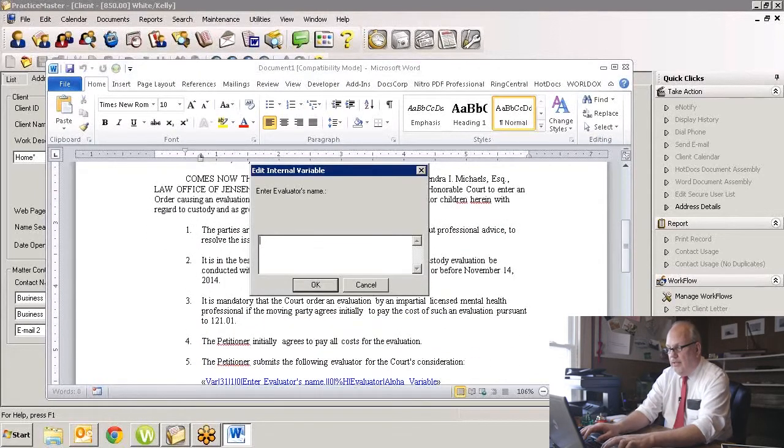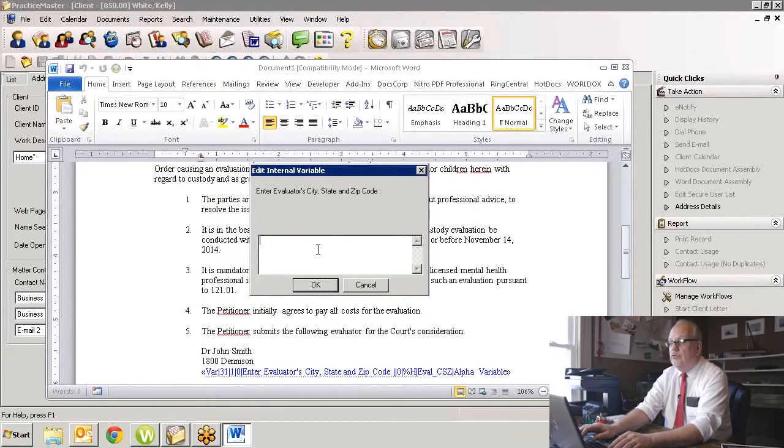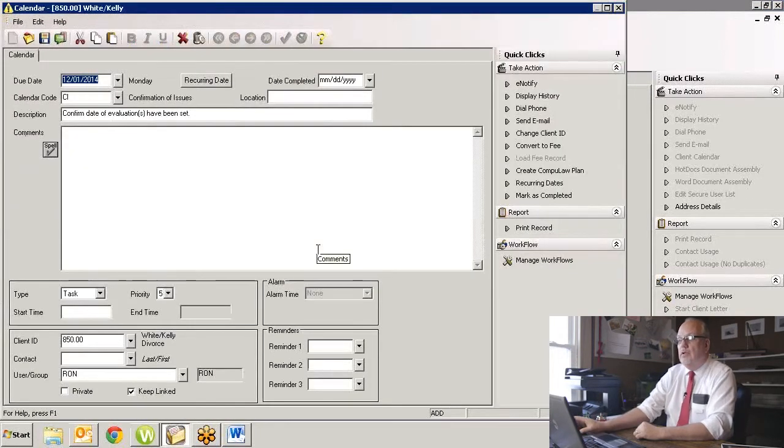Enter the evaluator's name, Dr. John Smith, their address. There is no line 2, Dundee, Michigan, 48131. And then very quickly, it's going to also give me the option to confirm that the date